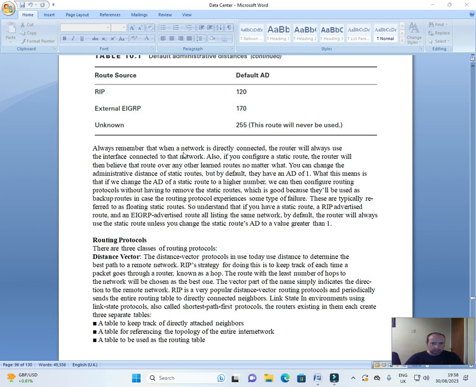Always remember that when a network is directly connected, the router will always use the interface connected to that network. Also, if you configure a static route, the router will then believe the route over any other learned routes no matter what. You can change the administrative distance of static routes, but by default they have an